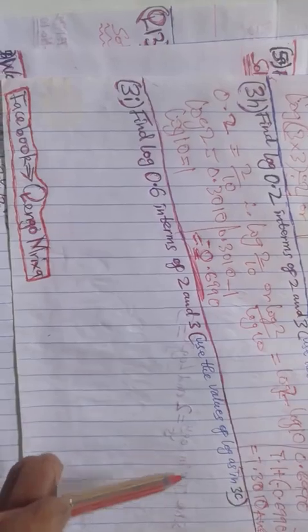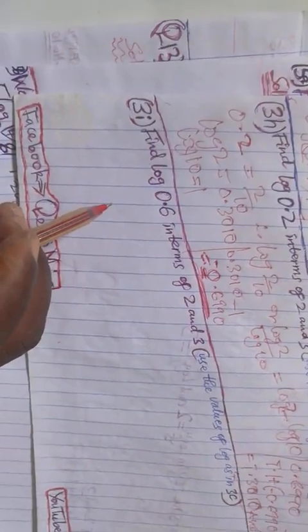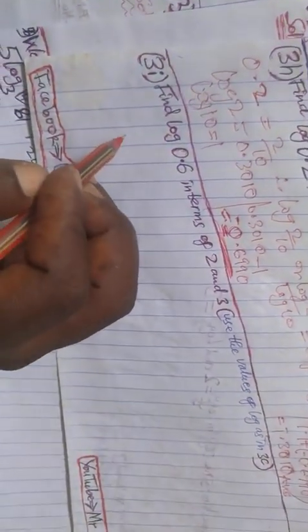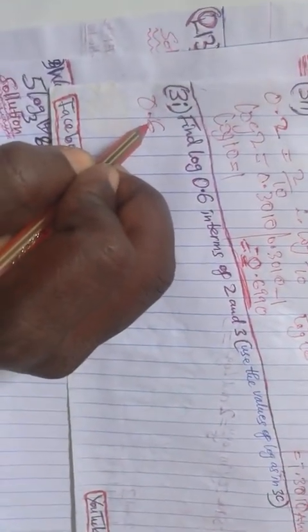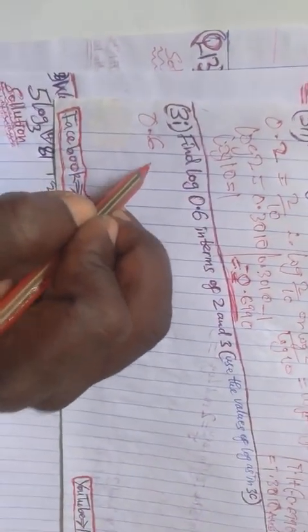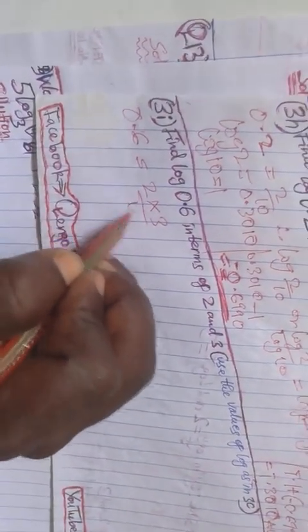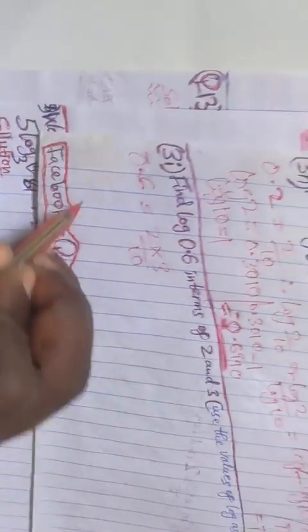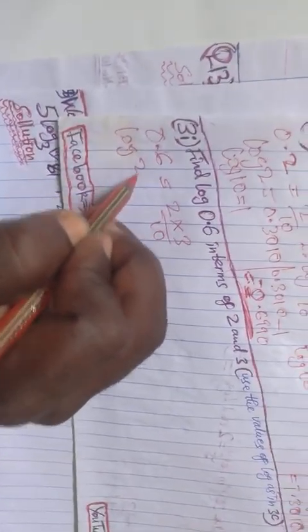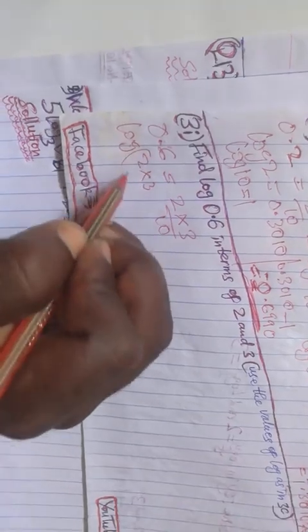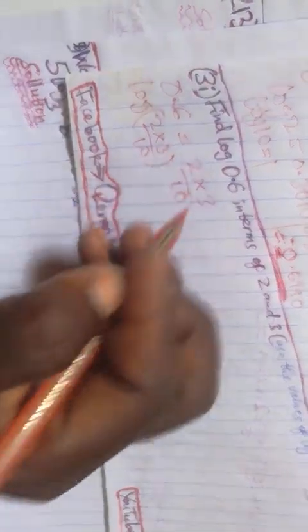Use the values of log as in 3C. Now 0.6 in relation to 2 and 3 is 2 times 3 divided by 10. Therefore, the log of 2 times 3 over 10 can be written as